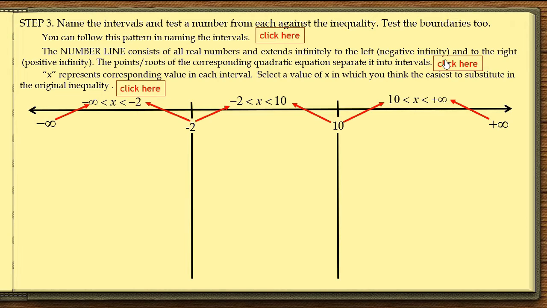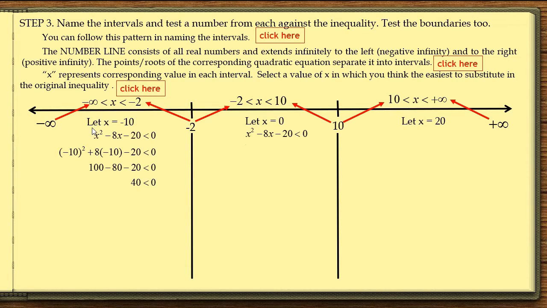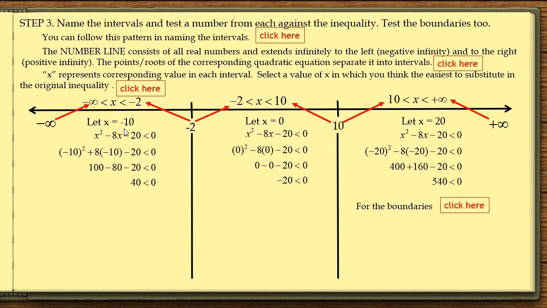Select a value of x which you think is the easiest to substitute in the original inequality. I choose -10 since it is less than -2 and greater than -infinity, and also the easiest to solve for me. And in this region I use 0, as 0 is less than 10 but greater than -2, and also the easiest to solve for me. In the last region, I use +20